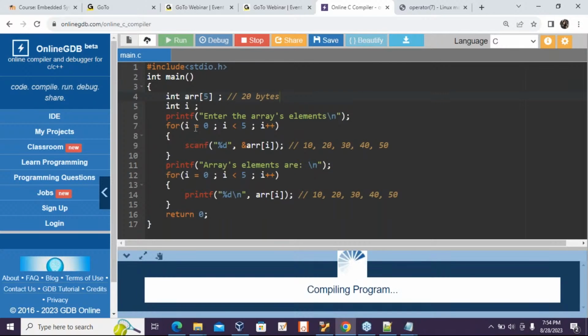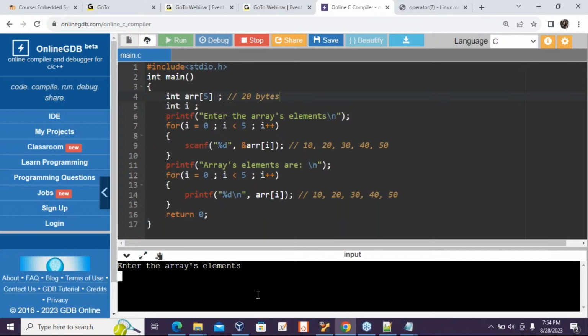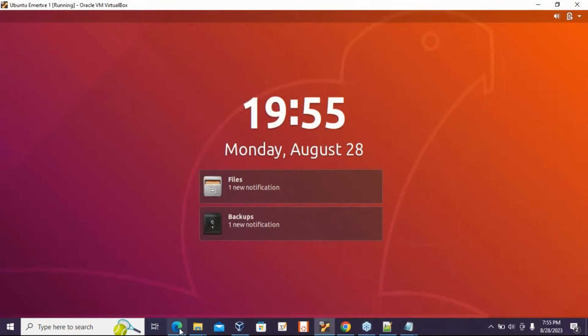So I'm running now. Now enter the array's elements. Let me enter 5 elements because I'm running the loop for 5 times. I'm entering 10, then 20, then 30, a 40 and a 50. Okay. So after that, if you see, it prints array's elements are 10, 20, 30, 40 and 50. So that is how you are going to